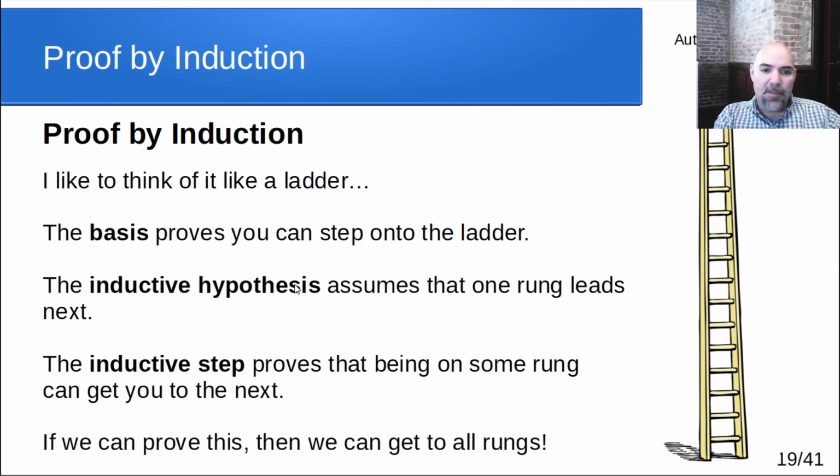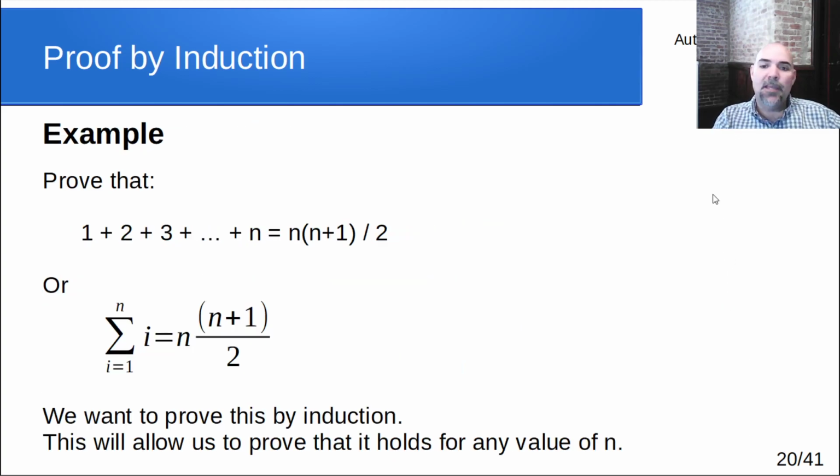The inductive hypothesis assumes that one rung leads to the next one. The inductive step proves that we can take a step from one rung to the next one. And we're not talking about a specific rung, we're just saying any rung, taking a step from that one, we can get to the next one after that. And if we can prove that, we can get on the ladder and take a step forward on the ladder, then we've proven that we can get to any of those positions on